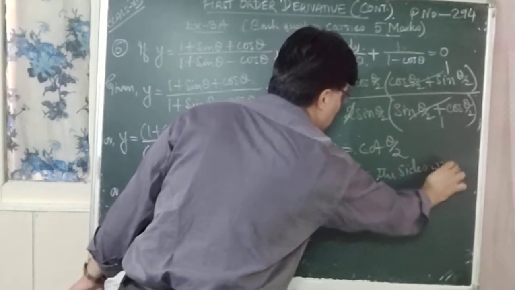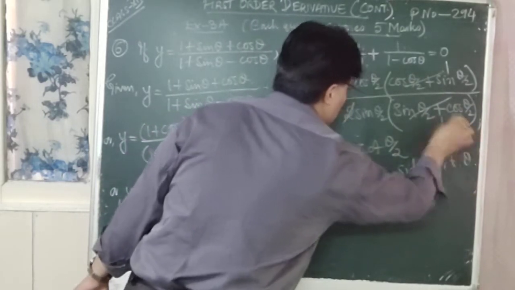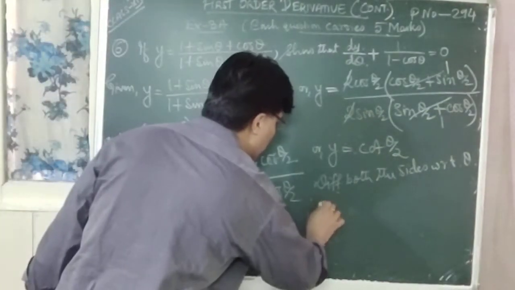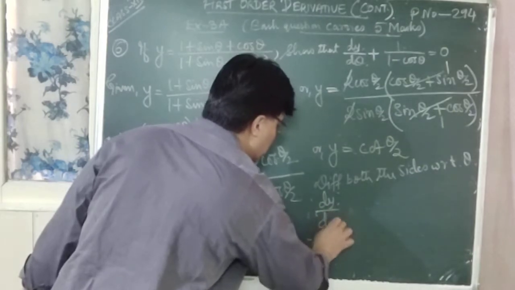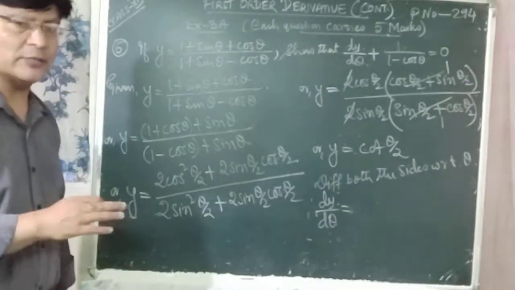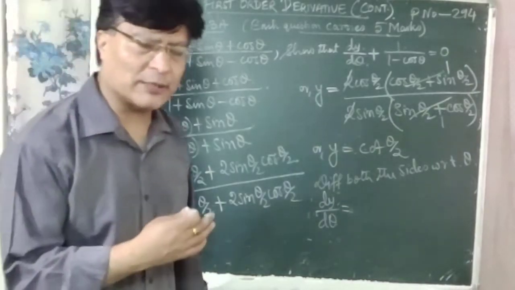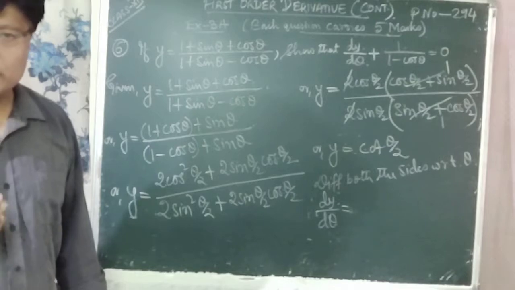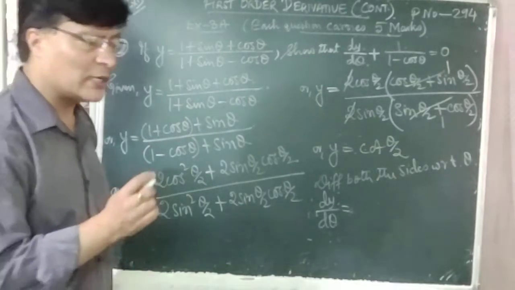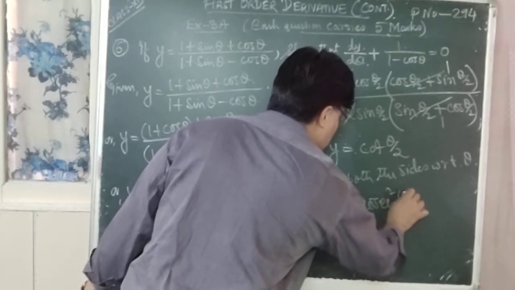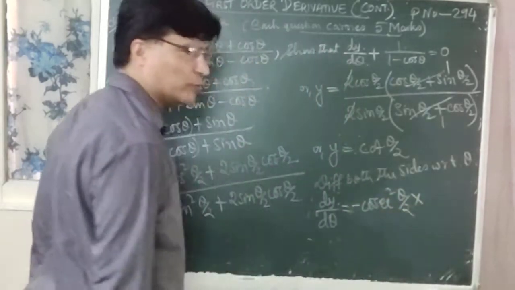Differentiating both the sides with respect to theta. Okay. So therefore dy by d theta, we are differentiating both the sides with respect to theta. So dy by d theta is equal to cot theta by 2. Let us take it as cot theta. What is the differentiation of cot theta with respect to theta? It is minus cosec square theta. But here it is cosec square theta by 2 into